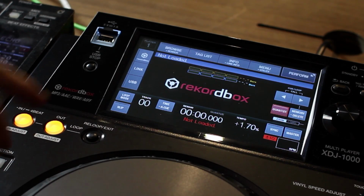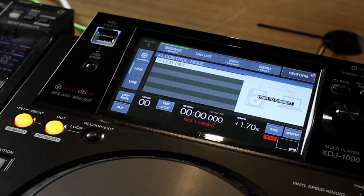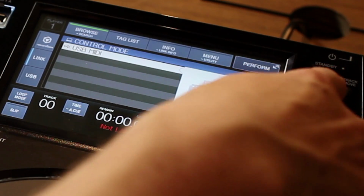On the XDJ, you'll hit the link button, and instantly you'll see there's a control mode. Usually link is reserved for when you have another XDJ connected, but in this case, since you have it connected to a computer, it's saying USB MIDI, which means you don't need to do any MIDI mapping. All the HID and MIDI controls are already done for you. All you need to do is push to connect here,